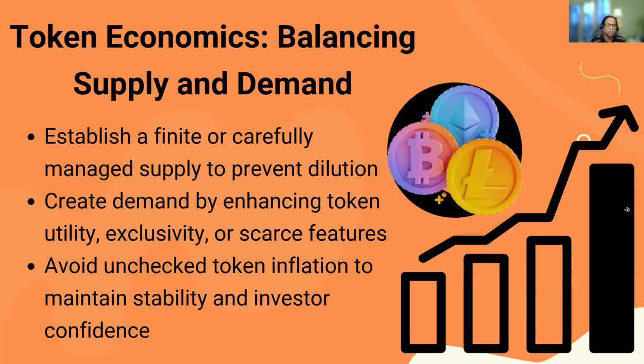The token economics, balancing the supply and demand. We touched a little bit on how token economics plays a major role in creating the tokens. You can increase the number of tokens, or you can keep it a finite value, or you can decrease the number of tokens. For example, with Bitcoin, the total number of Bitcoin goes down periodically because they don't want to keep on creating Bitcoin. So that is one way of creating the token system. You can say that now every year it will create